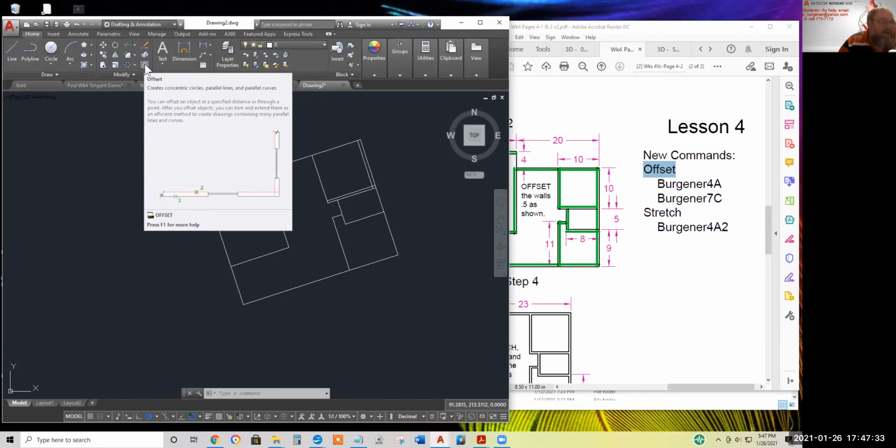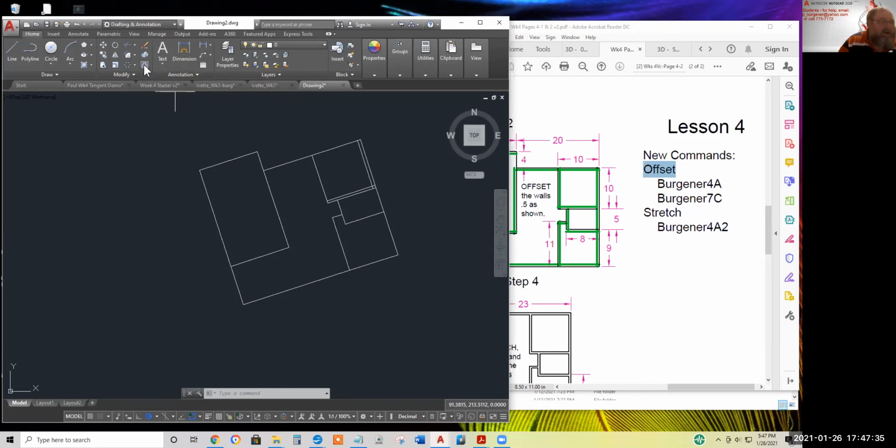But anyway, click on the offset command, check it out. It says specify the offset distance. A little bit different than the fillet command. Remember, the fillet command has a radius option to specify the distance or the radius. Offset asks you right away,